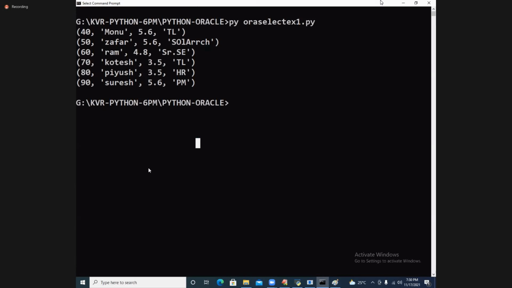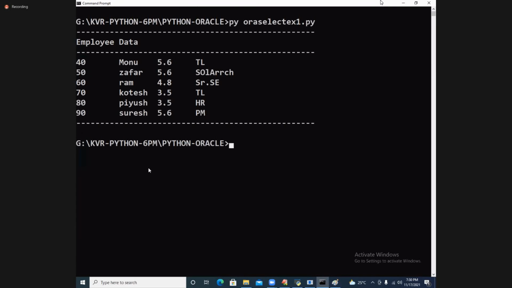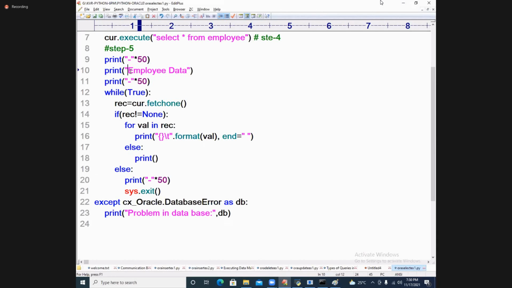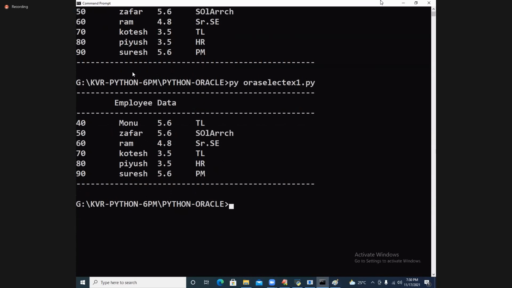What a beautiful example this is. Employee data, backslash t. Yes, sir. What a beautiful data this is. Are you able to follow, my dear students? Beautiful. Good.